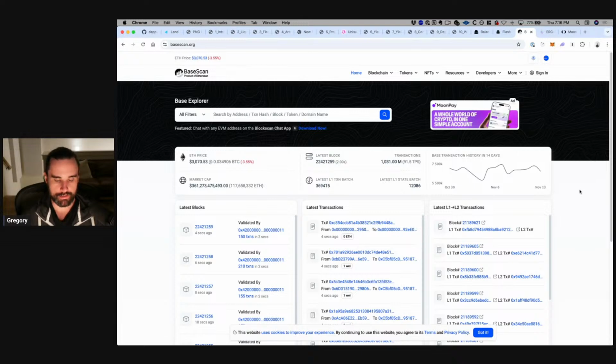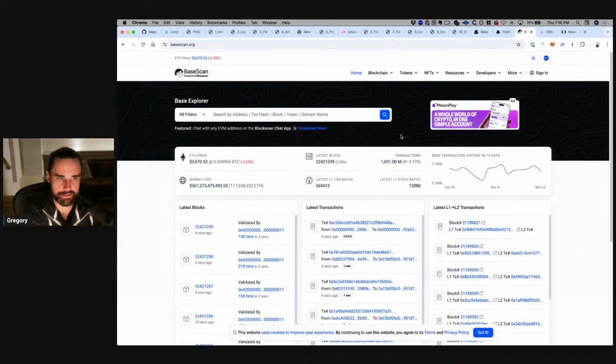But Ethereum has layer 2s, which are scaling solutions. Basically, it's like a second blockchain built on top of Ethereum, okay? It's linked to it. It's called layer 2. Layer 1 is Ethereum. Layer 2 is like Base, for example. And basically, what it does is it makes everything a lot faster and a lot cheaper, okay? You still pay the gas fees in Ether on top of the Base blockchain with the Ethereum cryptocurrency. It works just like Ethereum, basically, all right? But it's a lot faster, a lot cheaper, and just runs on top of Ethereum, and all these transactions get settled back onto the Ethereum main chain, all right?